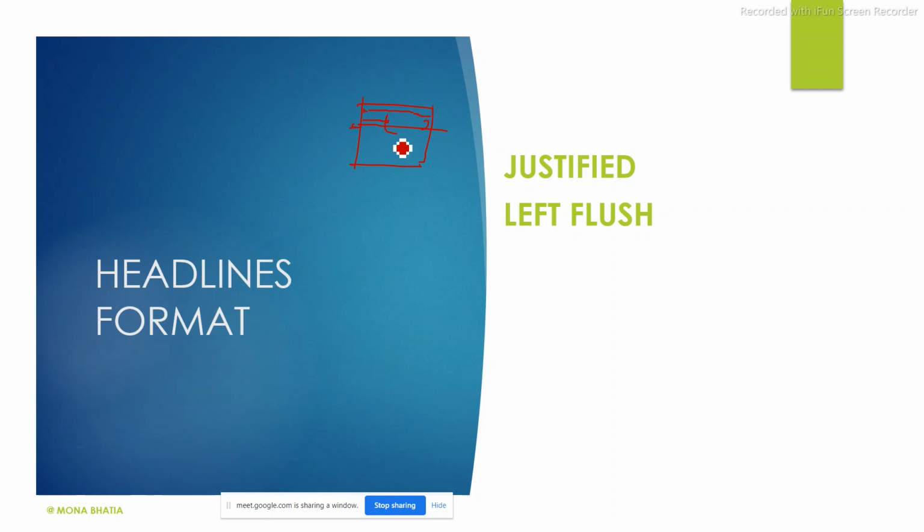Mangeshkar, but I forgot. Anyways, then second is the left flush. Left flush is also called left aligned headline. That means it starts from the left margin. On the contrary, it will be the opposite of justified. Here the headline will start from here. That means it is to align like this. It is to align towards the left margin. Oh, sorry. Opposite. I'm so sorry. That means no matter what, it is left aligned. Okay.